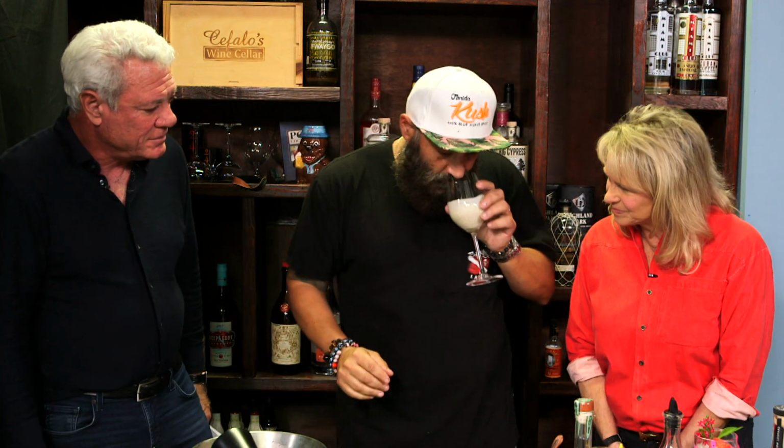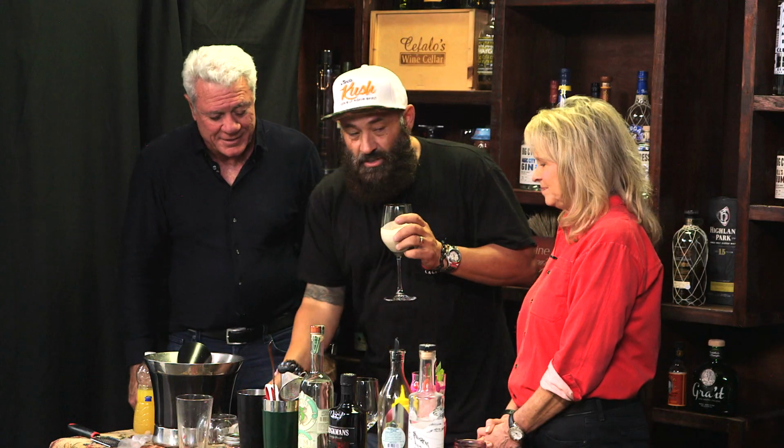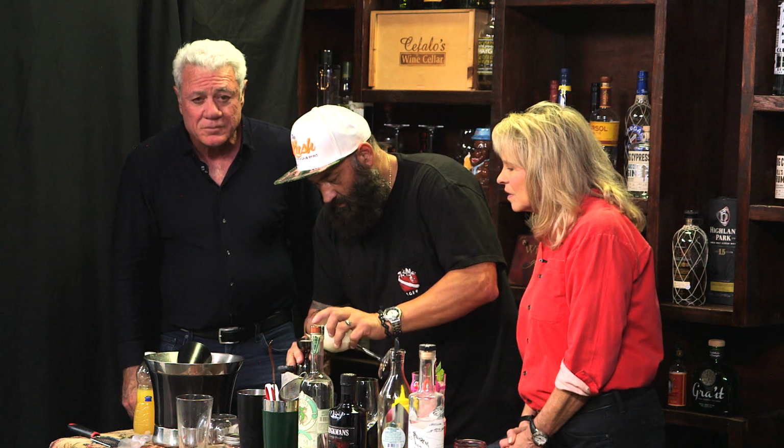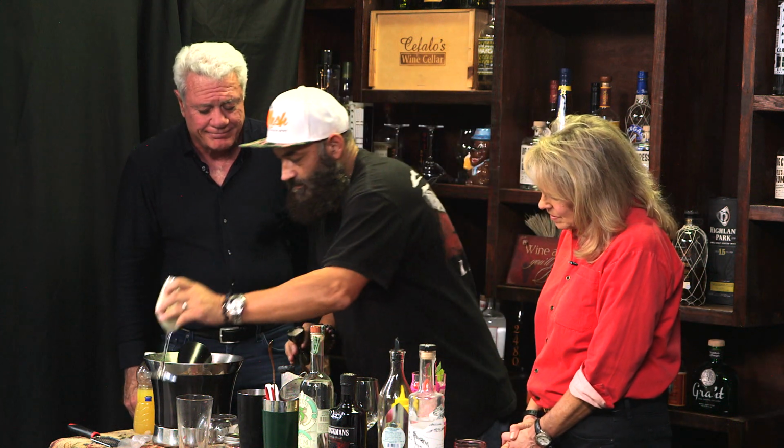House-made orgeat. Pistachio-crusted, pistachio, almonds, orgeat. It's just the almond milk and pistachio milk. So this is the principal spirit. We're going to add 1 ounce of beautiful orgeat,